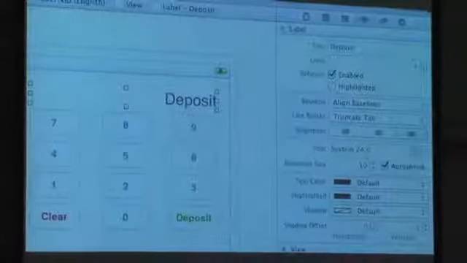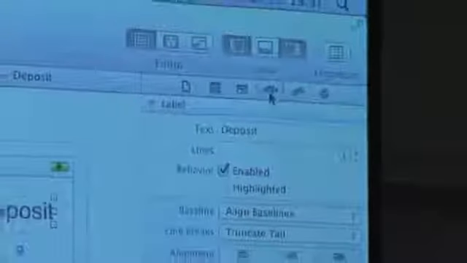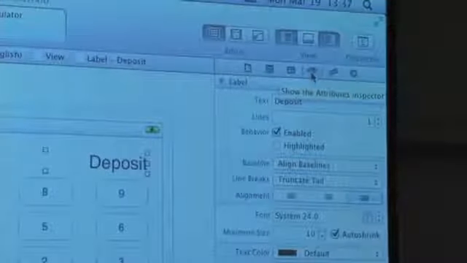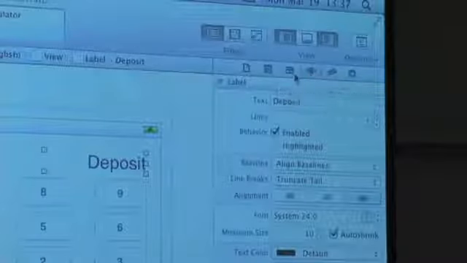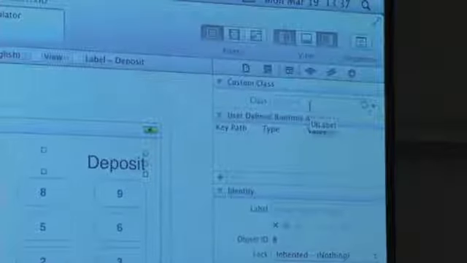I'm guessing you don't remember the name of the class that this label is. All right, so how do you figure this out, right? How do you go about understanding an application you've been handed or something your partner did? Well, along the top of all of these inspectors, as they're called, there's a whole bunch of little icons. This, for instance, is the attributes inspector, which if you hover over it long enough, you should see the little tooltip that says as much. This generally touches things like the aesthetics of the thing, the colors, the font size, and the like. This one here is the identity inspector, and this will tell me exactly what class I have dragged and dropped